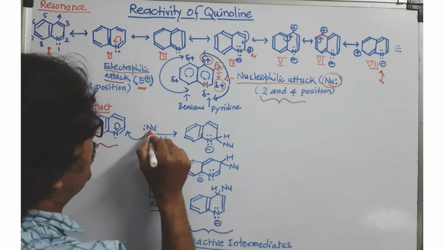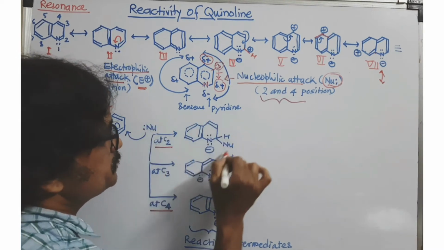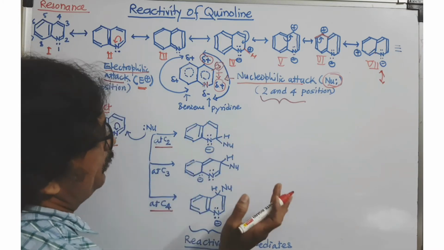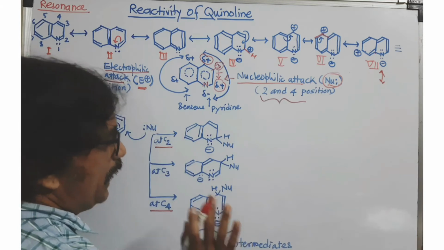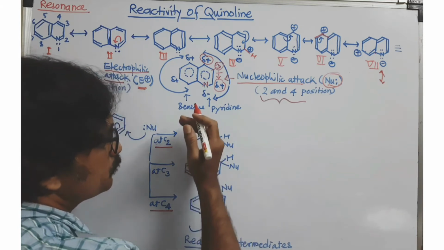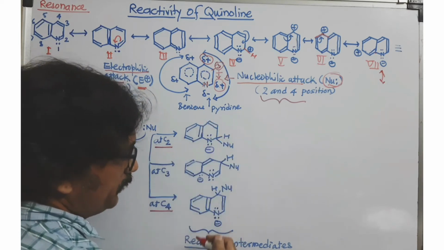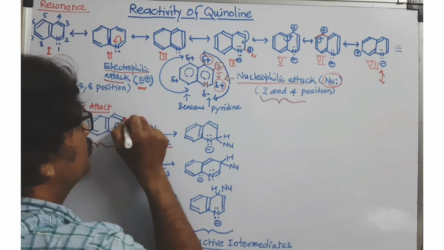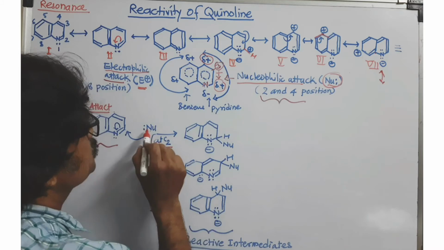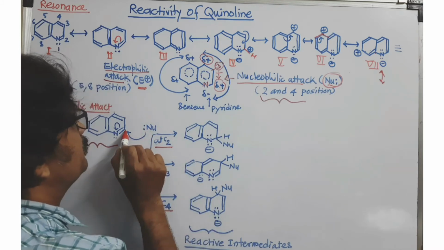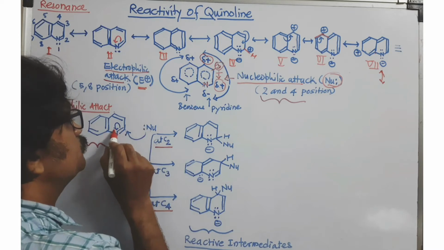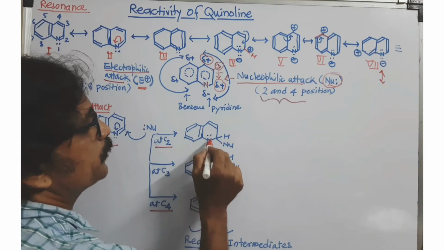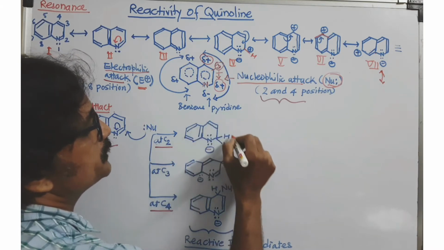Now, after the nucleophile attacks, you will get a reactive intermediate, and if the resultant reactive intermediate is more stable, that attack is favorable. How to decide whether it is favorable or not? Let us draw reactive intermediates for 3 different attacks: at carbon number 2, at carbon number 4, and at carbon number 3, and then we'll discuss it. If I attack the nucleophile at carbon number 2, it has a pair of electrons, I have to move this onto the nitrogen, and a negative charge develops over the nitrogen, and this kind of intermediate is formed.